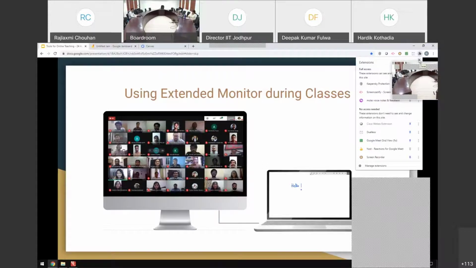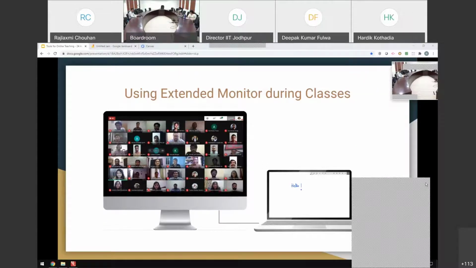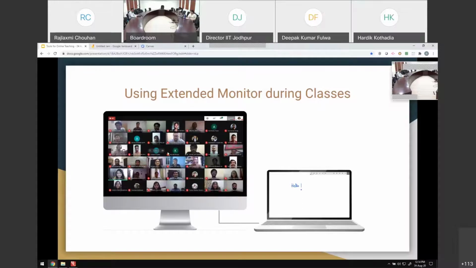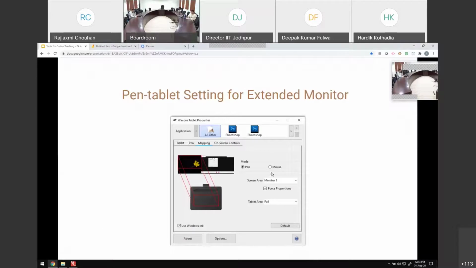Yes, Wacom is compatible with an extended monitor. Now I'll show you what needs to be done in that case. Suppose I have connected an extended monitor. Now you need to go to Wacom settings. Because your entire tablet is now being mapped to the full screen, meaning your laptop and your extended monitor both, if you start writing on one screen, you will notice that the text comes out double the size, and it's very difficult to write. So it's important that we go to Wacom tablet properties, and there we set the mapping. We go to the mapping.